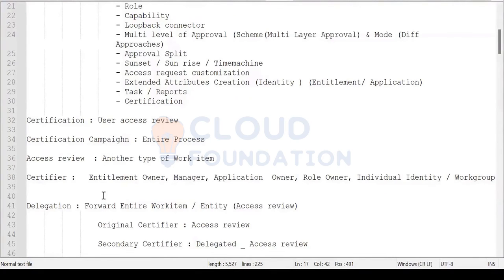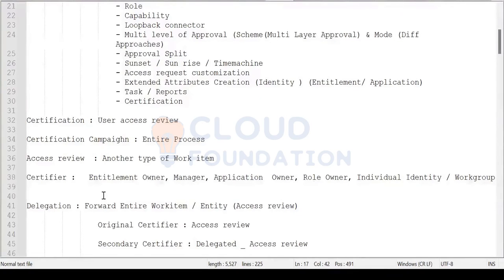Not exactly. Basically, if you're going to enforce any policies in SailPoint IdentityIQ, it will check all the identities for a certain condition. As I said, policy is all about rules and conditions, right?